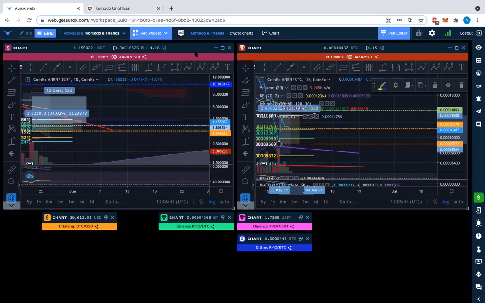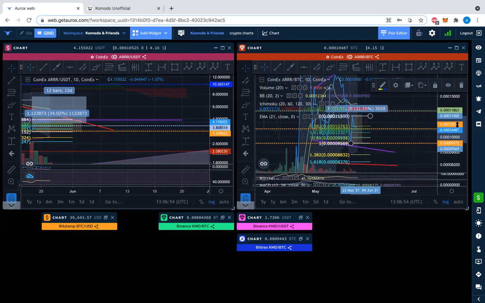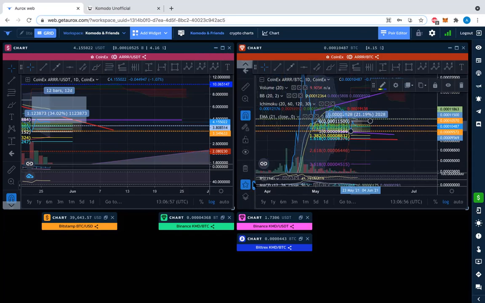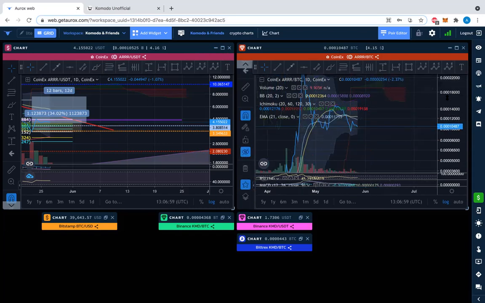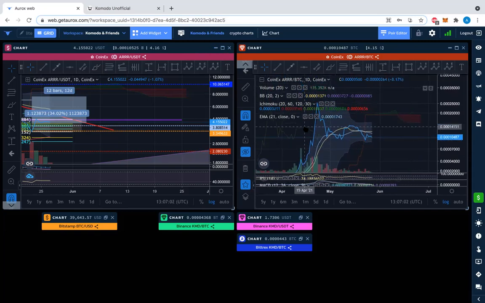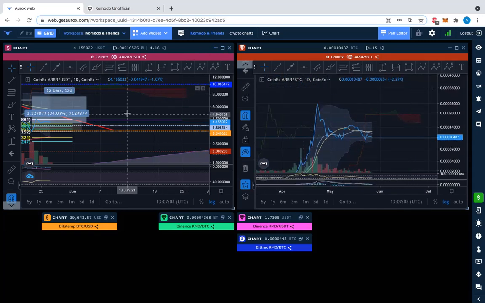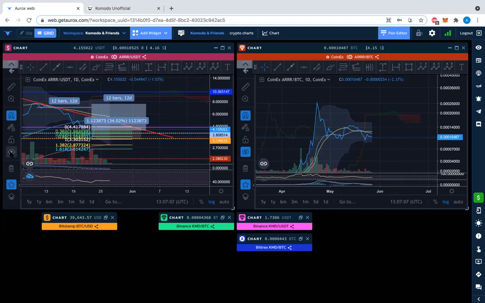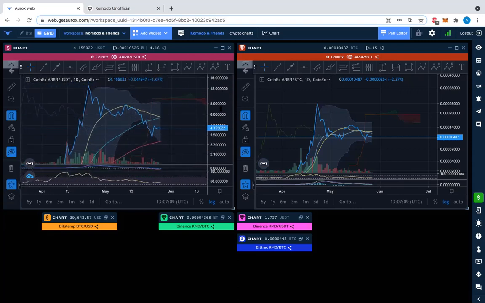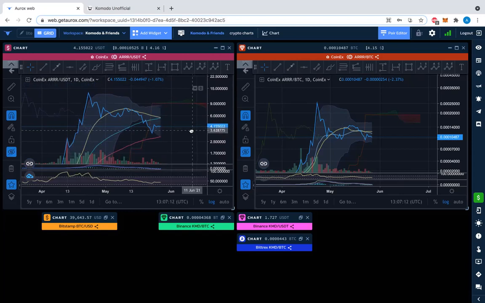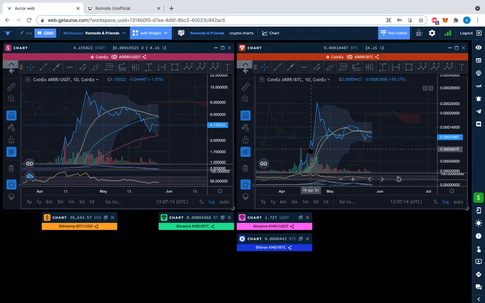Now we're going to go into these price charts here. We've got the R USDT on the left and the R BTC on the right. Okay, what did I want to show you? A couple of ideas before we actually go into the charts. So I'm going to hide the tools. What I want to show firstly is that much of the chart has been correlated to some degree or another. You even have the zigzag type of up thrust here, and we see that here as well.